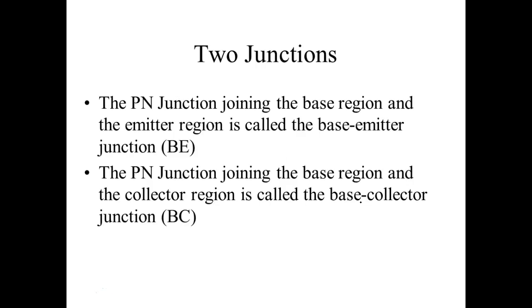The P-N junction joining the base region and the emitter region is called the base emitter junction. The P-N region that forms the collector is called the base collector junction. We've already talked about that. So we're going to call these,